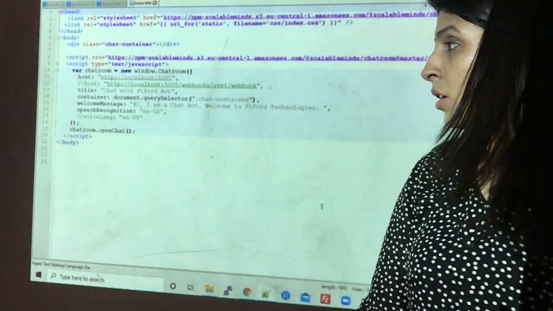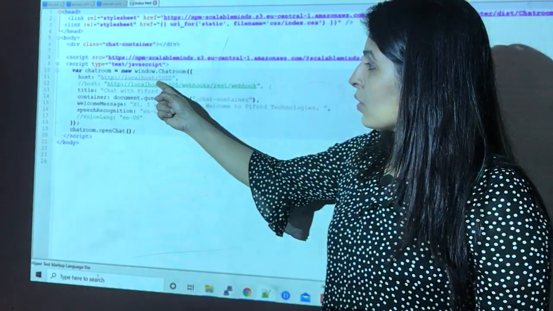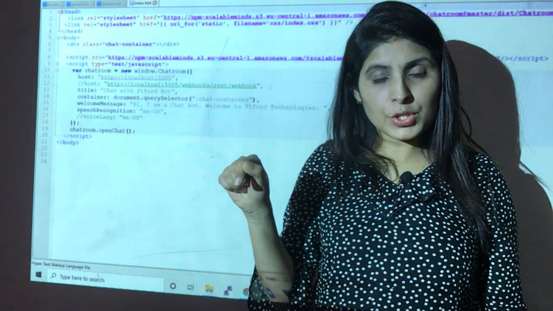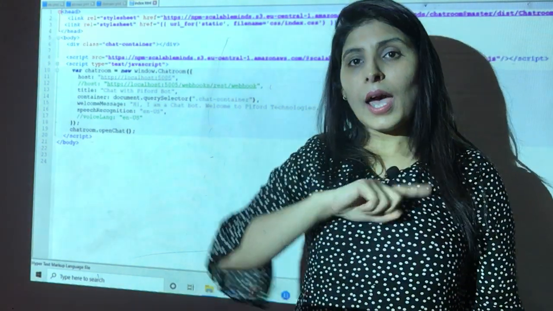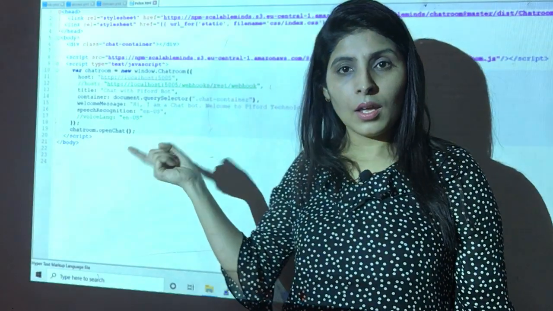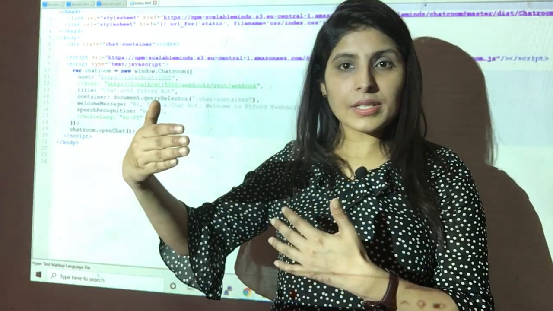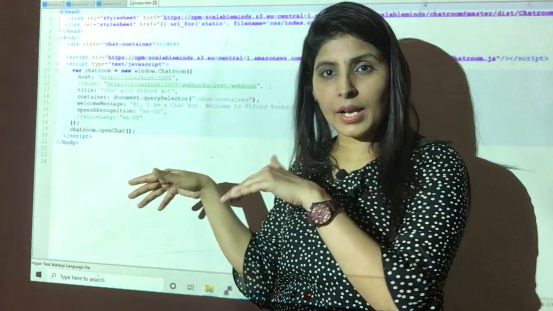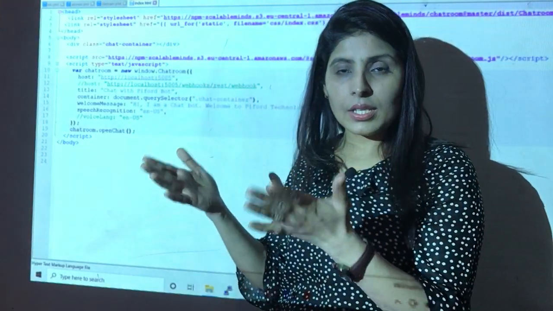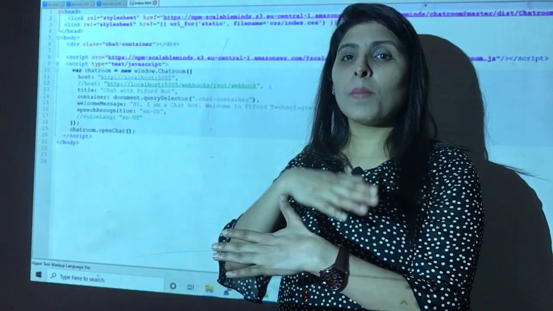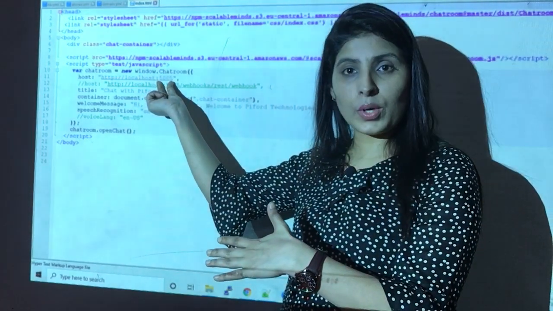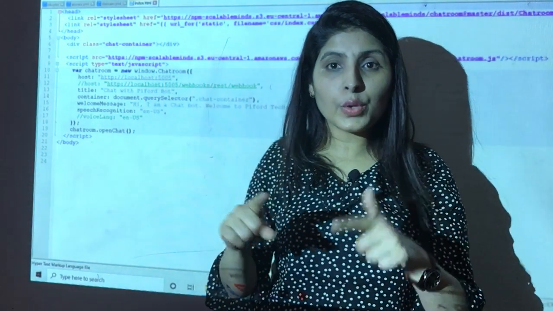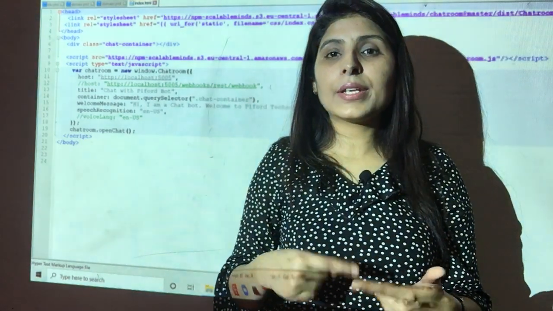Open this file. Here, localhost colon 5005. This is the port number I am using while running Rasa, and the same port number I am assigning over here. I have created a design, and using this URL I am connecting this design, the chatbot design which I am showing you, to my chatbot using this port number. Let me show you the command which I have used while running Rasa core.